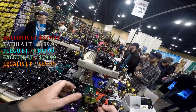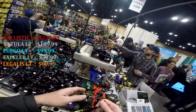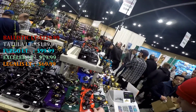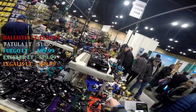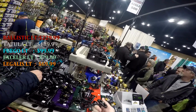But anyway, the reel feels really smooth, really tight. Didn't find anything wrong with it, nothing to complain about. And also, I've used the old generation of Exceller for 2 years now, and I've caught probably 100 carp on each of them. And those reels have proven very reliable, so I have nothing but good expectations from the new